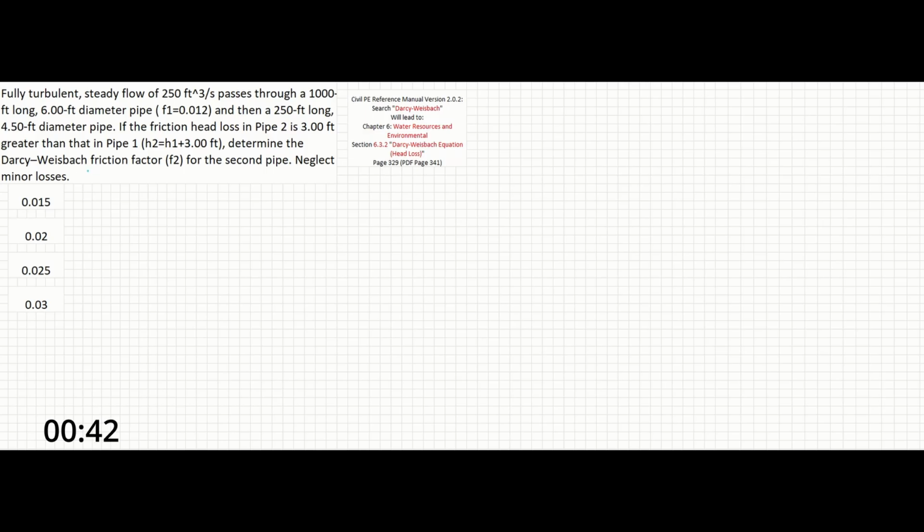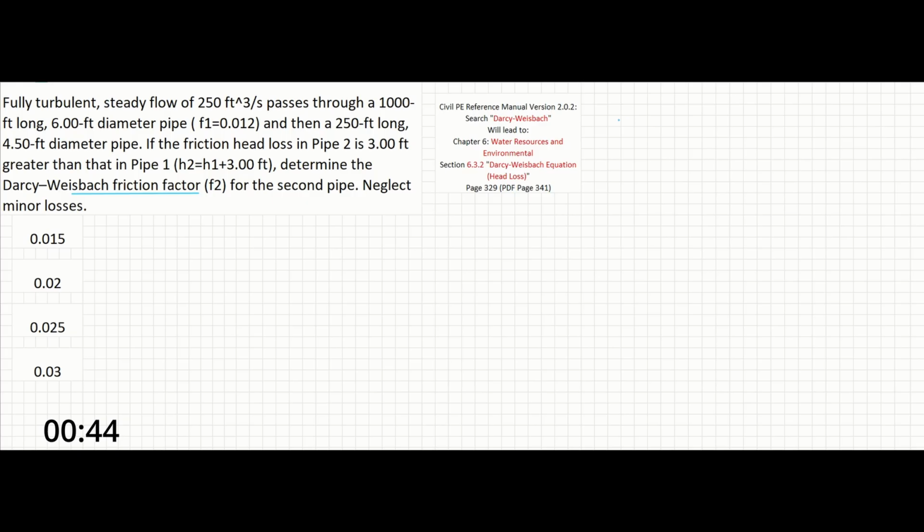So this problem is very direct in that it tells you that it's looking for the Darcy-Weisbach friction factor F2 for the second pipe. Searching for that in the reference manual will lead us to section 6.3.2, where we can write out the equation. But first, in case you need a visual, this is basically what the pipe structure looks like according to the